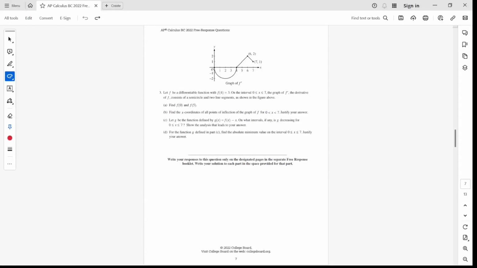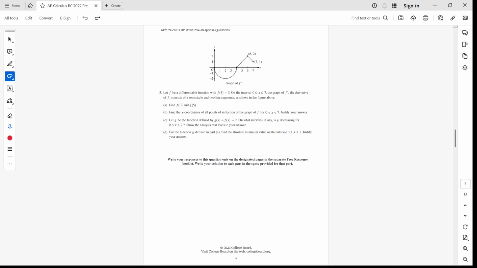Hello guys, today I want to cover this problem. This is a problem from AP Calculus BC last year's exam. It's section 2, part B, problem number 3. And let's begin. So the first question asks us to find the value of the function at x equals 0